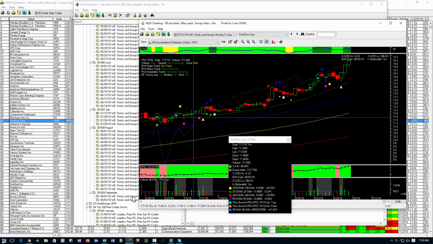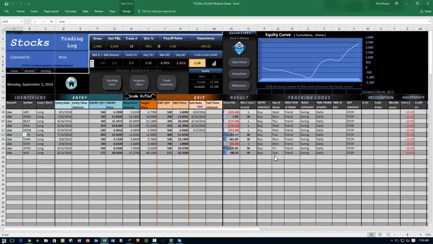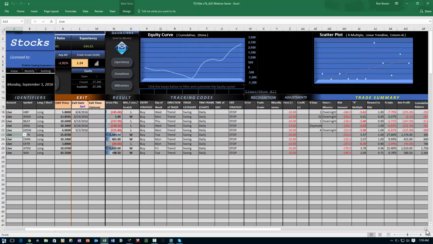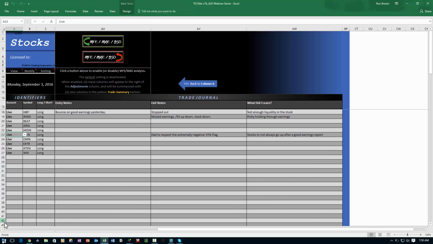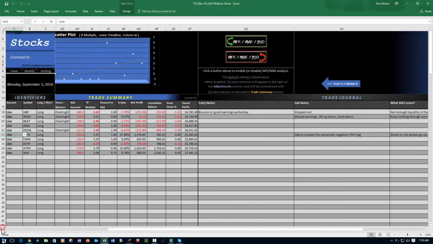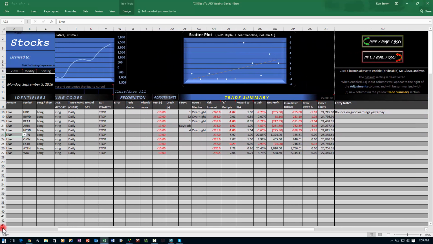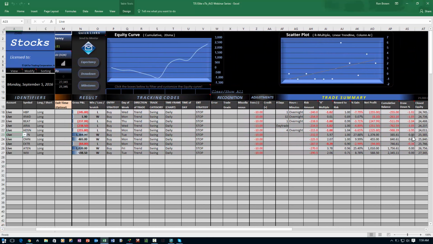Let's go look at it on the spreadsheet. And I'm going to scroll over to the right here. This is based upon the closing prices as of Friday. And here it is right here, FIVN, this column right here. It's up 27.88%. And you can see, looking at this column, that the most I ever risked was on HBP,